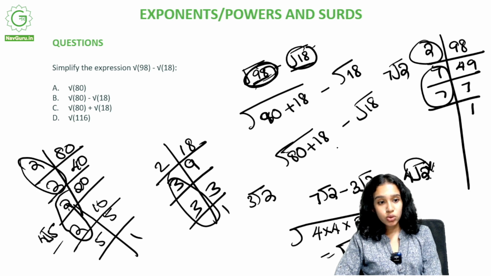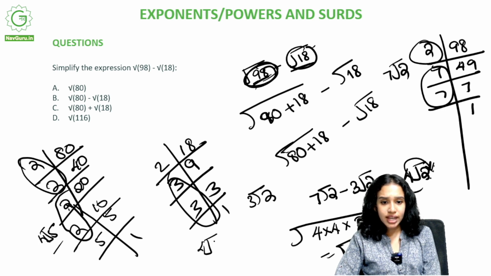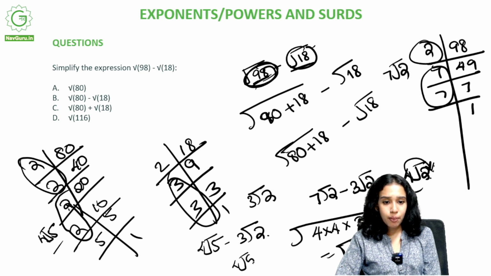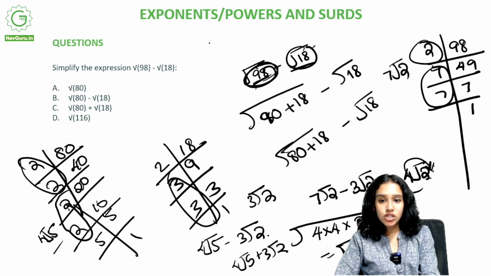And this is 4 root 2. So what is root 18? We said that it's 3 root 2. So what is 4 root 5 minus 3 root 2? And what is 4 root 5 plus 3 root 2? It's already greater than 4 root 2, right? Now let's check about